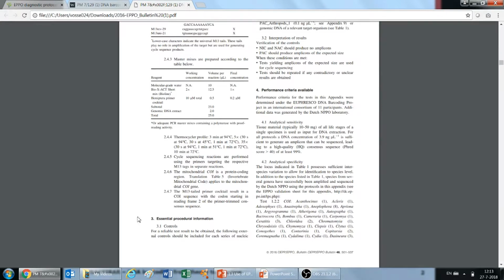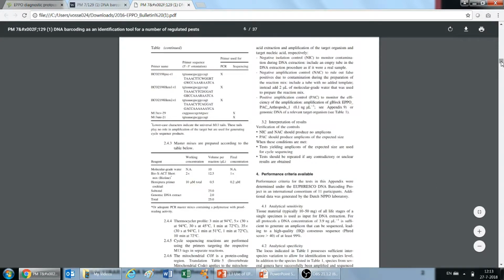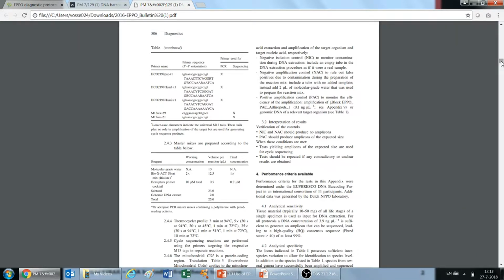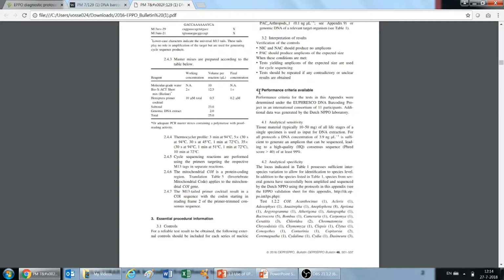So then we have essential procedural information for arthropods, and these give guidance on which controls to use during PCR amplification and DNA extraction. Under section 4 we have the performance criteria available, which were generated under the Euphresco DNA barcoding project. And here there's information on analytical sensitivity, specificity,